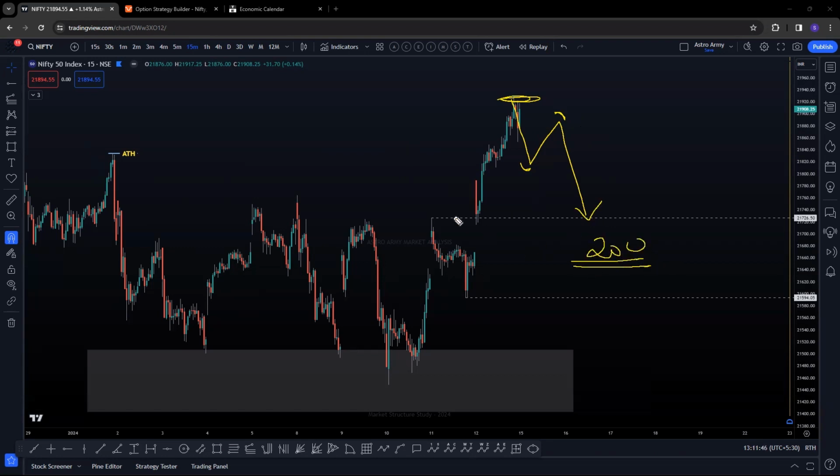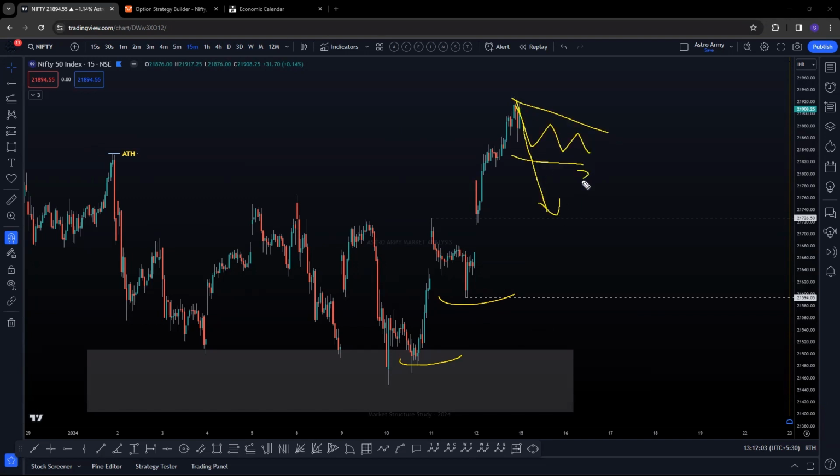Okay. Again, now it depends on you how you look for option buying, option selling. It's up to you. I've already told you what I prefer. I'm already holding some longs here. I don't want to add any new longs simply because of this reason. Once I get confirmation that this is not going to fall, and we are going for a sideways 3.4 only, and then 3.5, right? I'm not going to add any longs here.